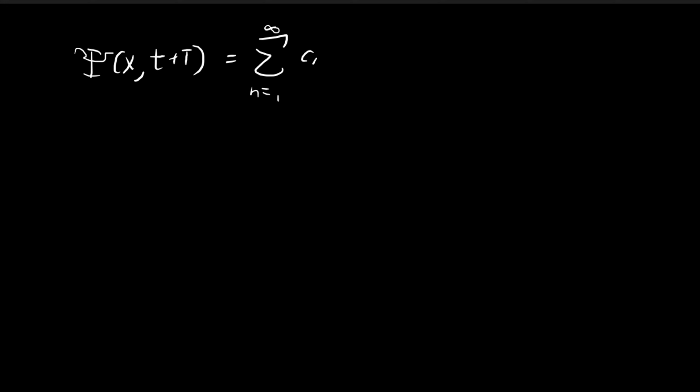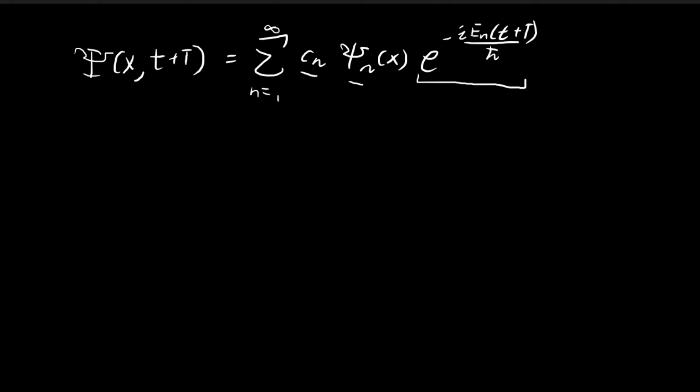So we start off with a constant Cn, and then we have the nth stationary state, and we have e to the power of negative i En (t plus capital T) divided by ħ. And you can see that as time goes on, this wave function is going to change, and all the change caused by the change in time actually comes from this term. As time goes on, this constant Cn and the nth stationary state, both of these terms, don't change at all. So I'm just going to pull this term out